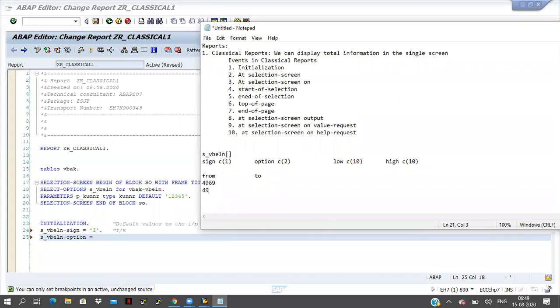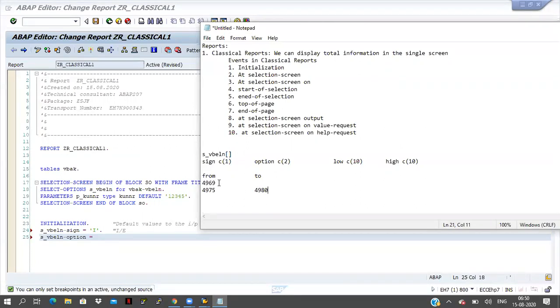Now I am giving 4975 to 4980. I'm giving a single value, 4969, and I'm giving the range 75 to 80 here. For all the numbers in between 75 and 80, I have to fetch the data. So one range is there and one single value is there.